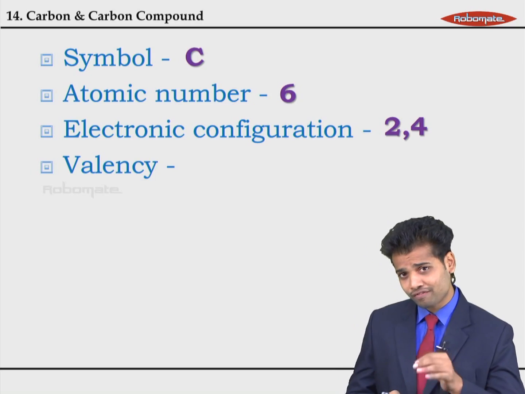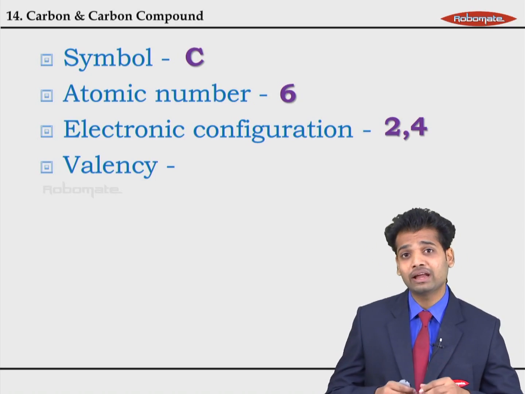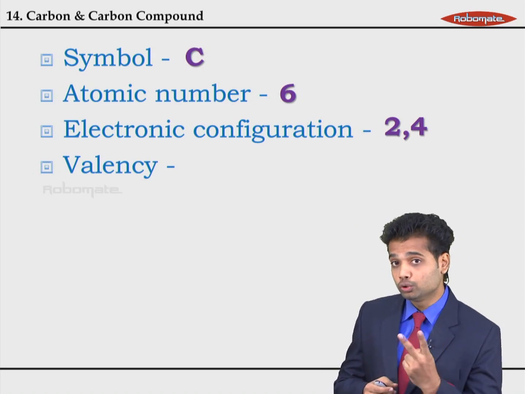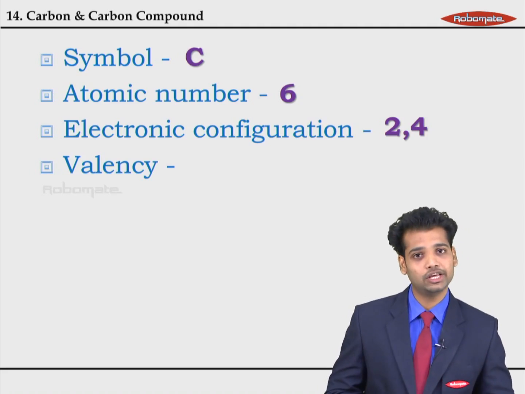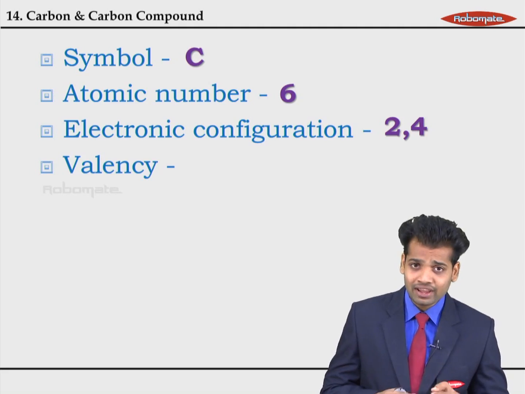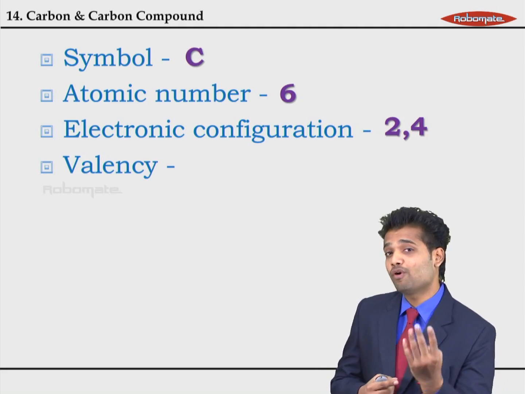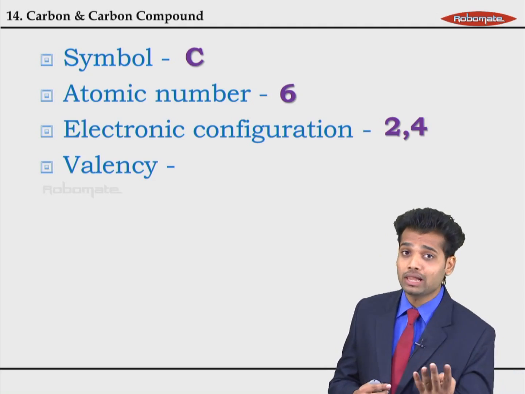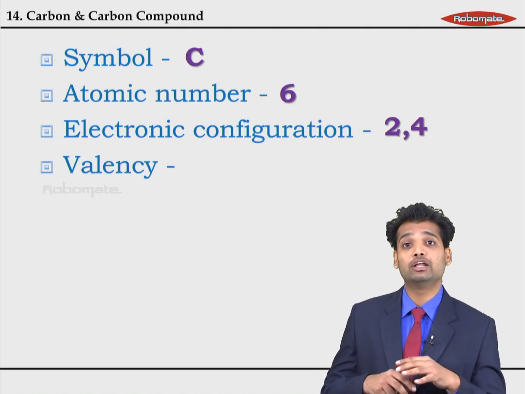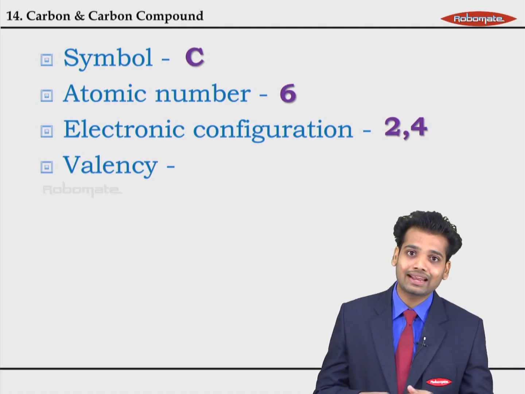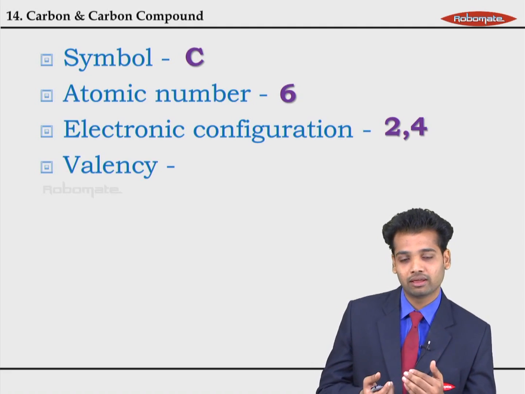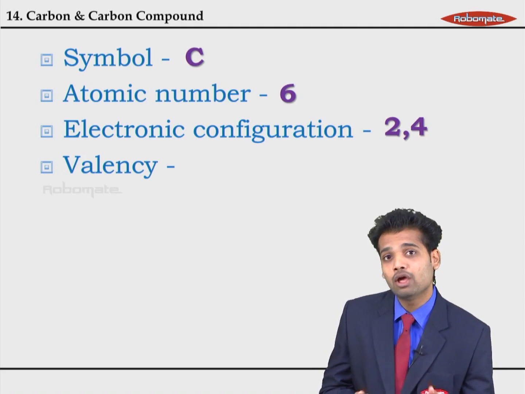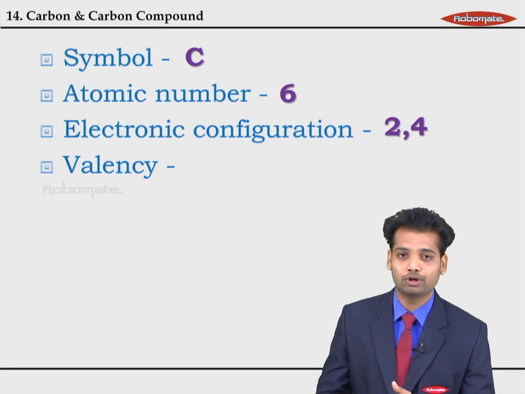Now when it has the electronic configuration 2, 4, it has to find its stability by either making the duplet state, that is just 2, or 2, 8, that is the octet state. If it has to go to the duplet state, it has to lose its 4 electrons. But tell me, is it possible for a single atom to lose 4 electrons, thereby making it a strongly positive atom, attracting more electrons which are negative, making it unstable again? So what is the use of donating these 4 electrons in the first place when some other electrons are going to get attracted to it?